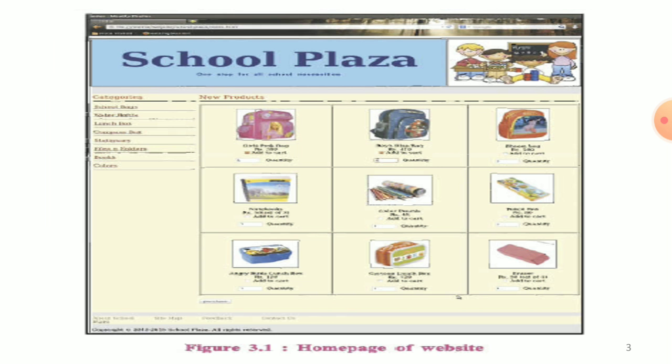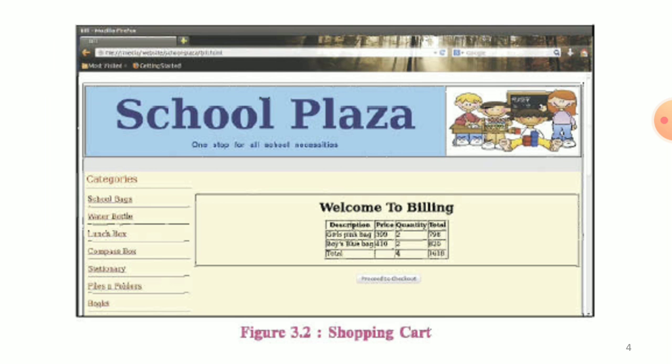That is the home page of our School Plaza website. And the next is the shopping cart of the website that we plan to design.